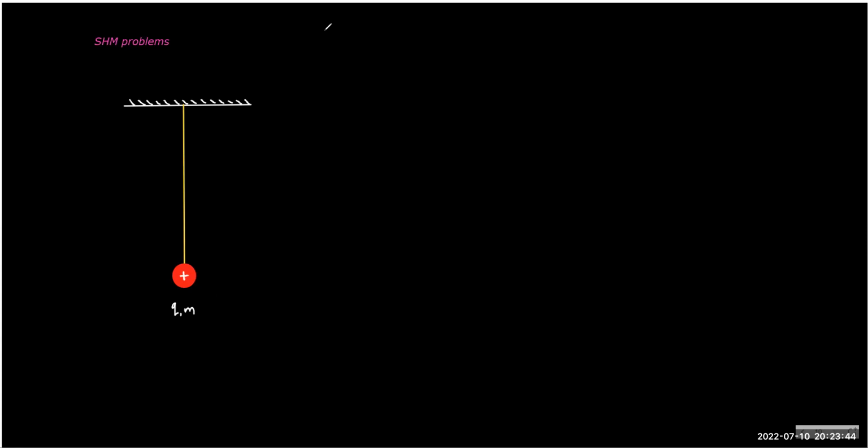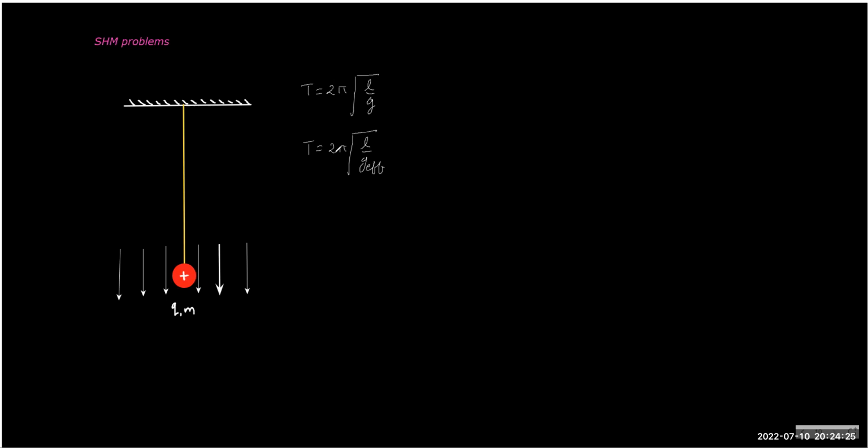Now what I'll do is apply an electric field downward everywhere. The uniform field exists in the downward direction everywhere. Let me show you at least a few arrows, but it is everywhere, it's not like it will end somewhere, and we are assuming it to be uniform. So the general formula for the time period of a pendulum is 2 pi under root L by g. The only difference here is L by g effective.